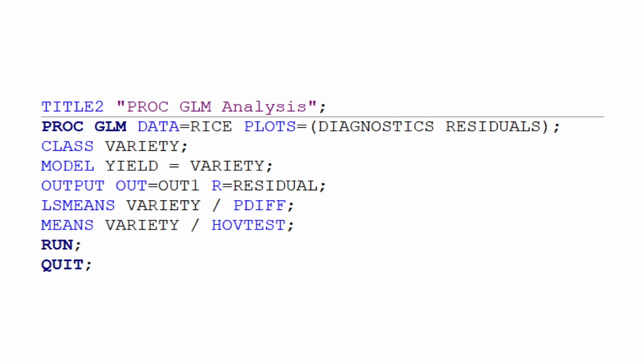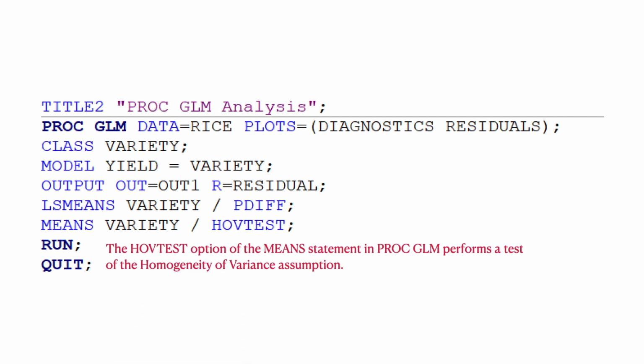Next, let's check for violations of the constant variance assumption. Let's take another look at our PROC GLM code. See at the top I've got plots equal to, and so I've requested some diagnostic plots as well as plots of the residuals. I've also included the mean statement there at the bottom, and with the mean statement I've included the HOV test option. The HOV test option of the mean statement in PROC GLM forms a test of the homogeneity of variance